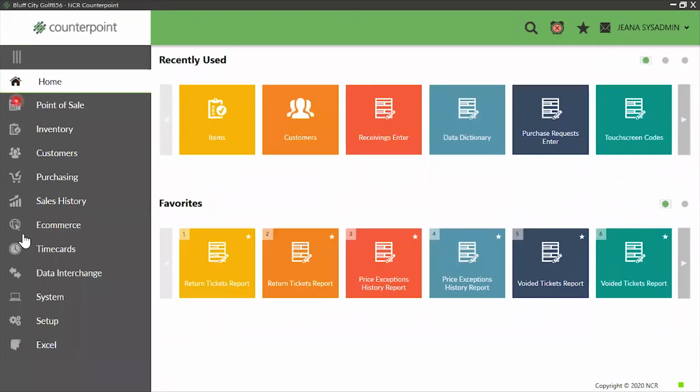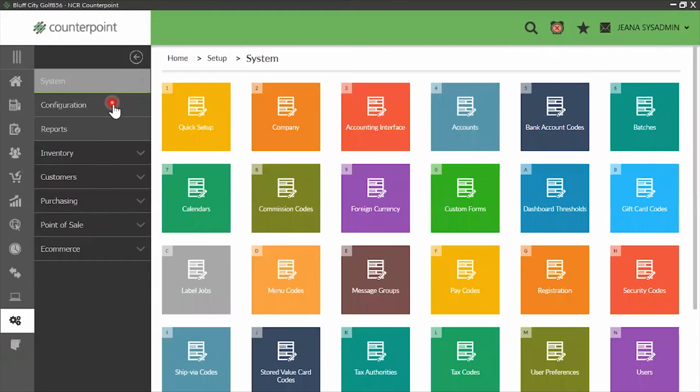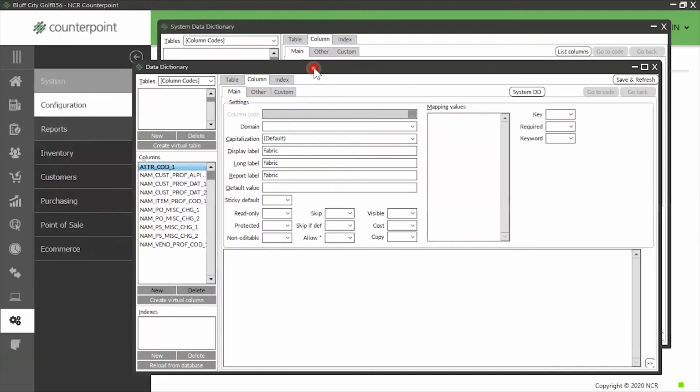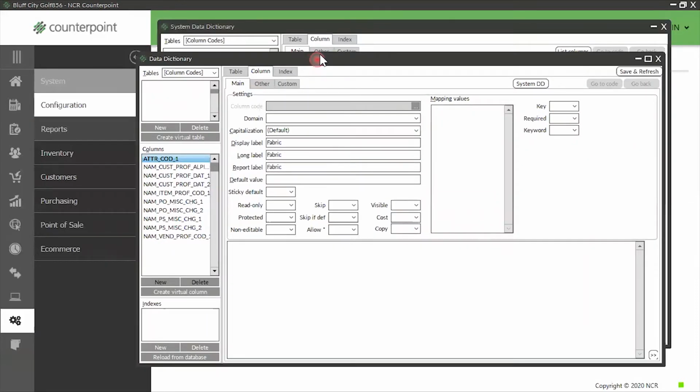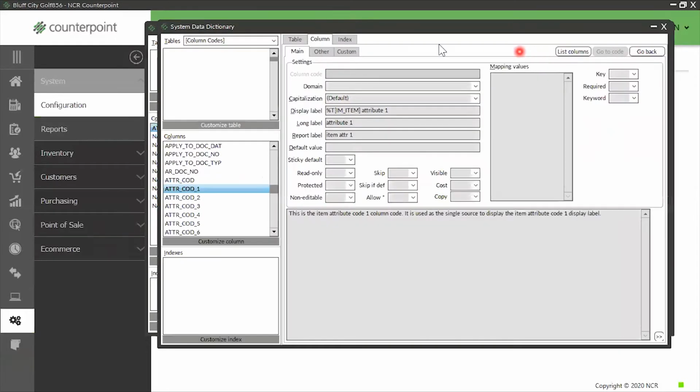To get to the data dictionary, Setup, System, Configuration, Data Dictionary. And it just takes a moment to load. Okay, so you can see it usually looks like this the first time you come in, so you don't even see that System Data Dictionary. So we need to come here to System DD, and now in the System Data Dictionary, I can select the